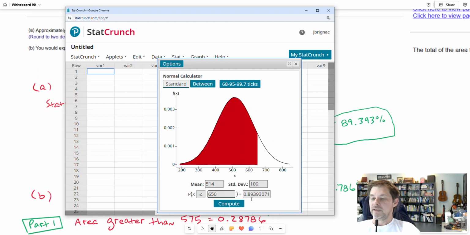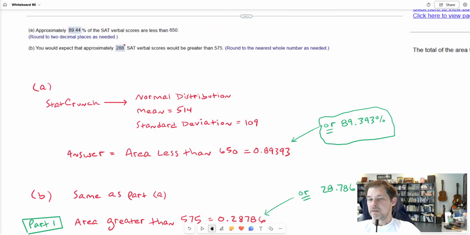And I get this number right here, 0.89393071. Okay? All right. So that's our answer, 0.89393. It does say to express our answer as a percent though. So how do you make that a percent? That's our portion that's going to score less than 650. It'd be more natural to say that as a percent. So if we move the decimal right 2 spaces, we get a percent. So that means 89.393%. Okay? I would round that to 2 decimal places as it says there. And that'd be my answer,